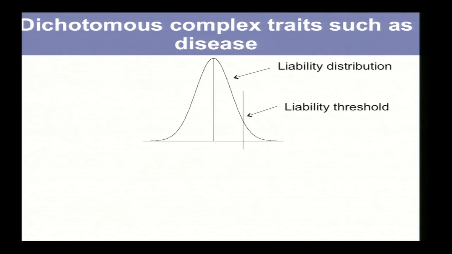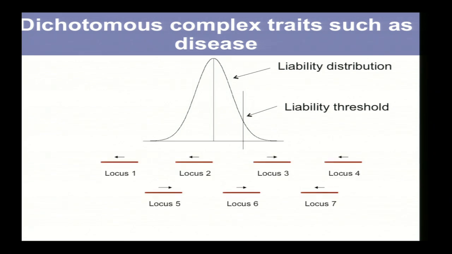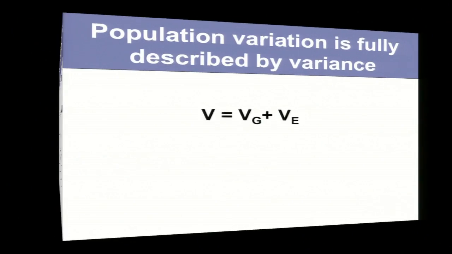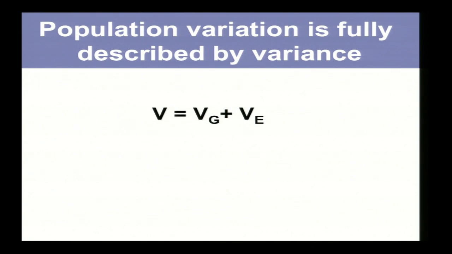It's not necessarily true for quantitative traits. We usually use the liability threshold model for dichotomous traits. So the way quantitative geneticists think of dichotomous traits is that there is some unmeasured, unknown trait called liability, and if liability exceeds a specific threshold, the phenotype is developed, for example, disease phenotype, and the model is exactly the same. Okay.